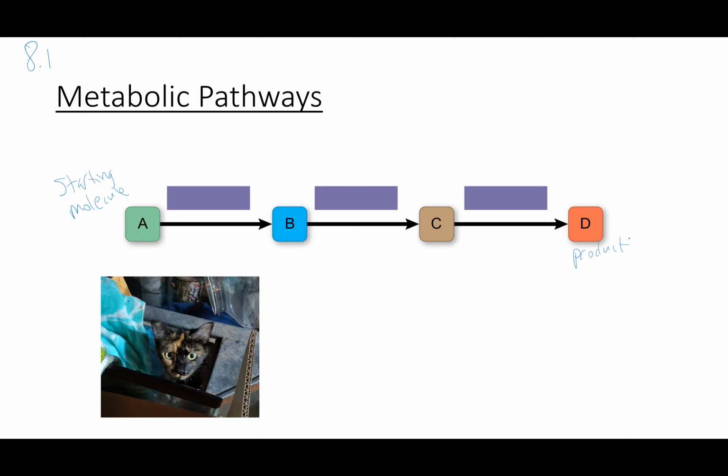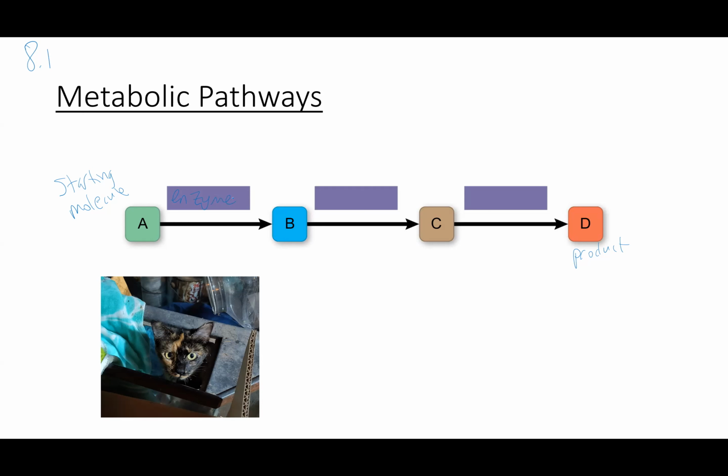Sometimes it's as simple as A turns to B, but sometimes it's a multi-step reaction. So I think your book talks about metabolic pathways like a map. If we want to turn A to B, every step, and from here on out we're going to talk about these all the time, is going to involve